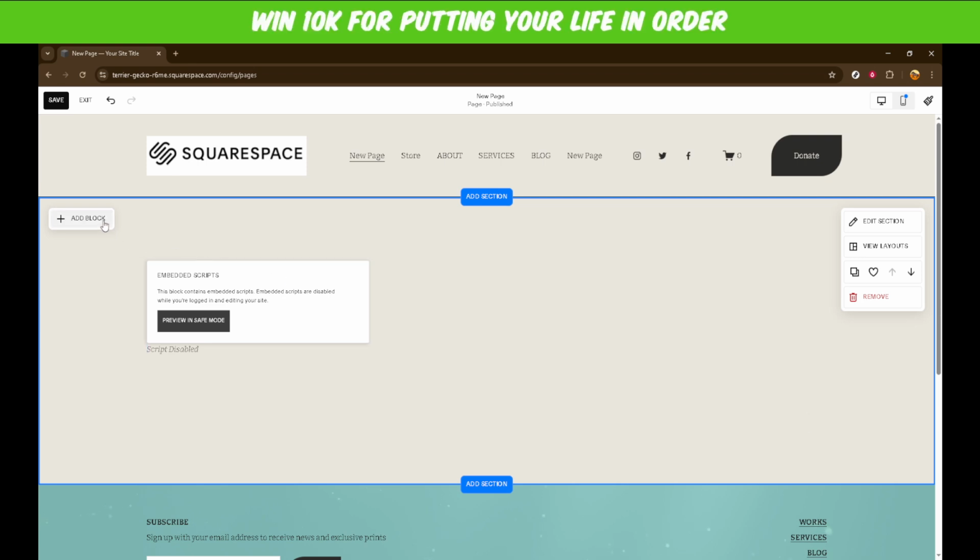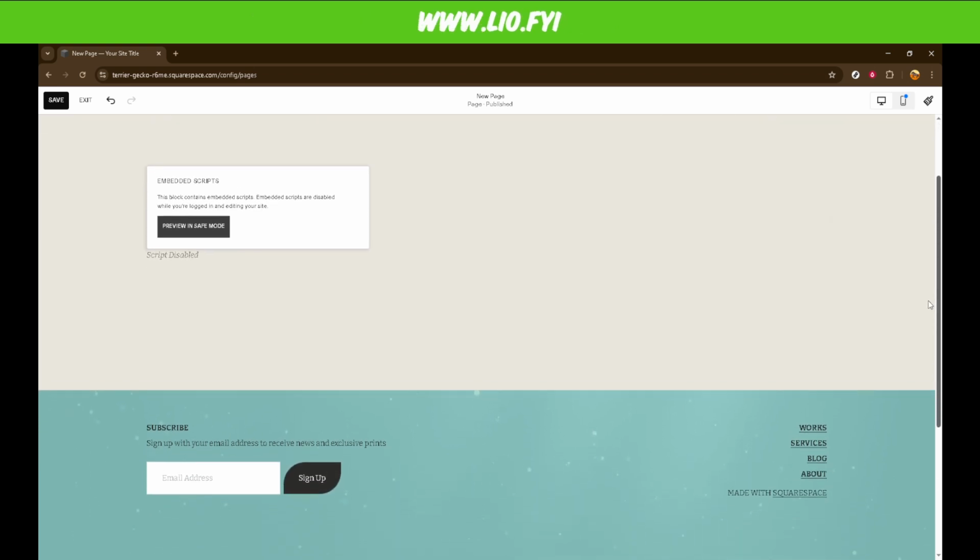This is where all the magic happens. It can be accessed by clicking on Pages in the left-hand side menu of your Squarespace dashboard. It's the central hub from where you can make all sorts of changes and additions to your site.